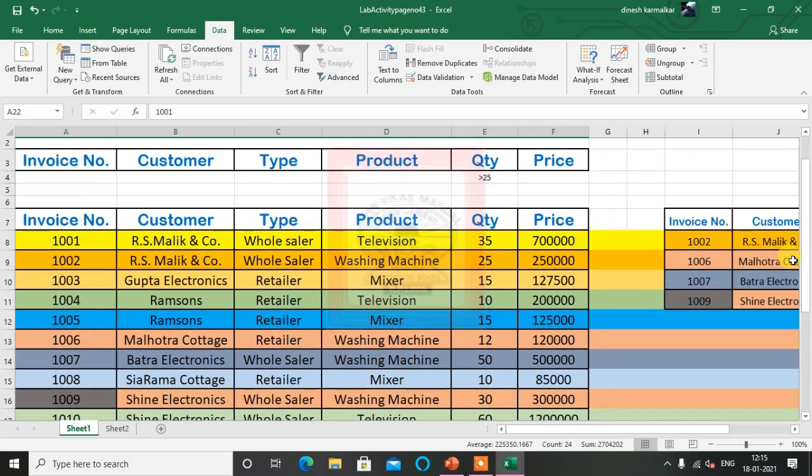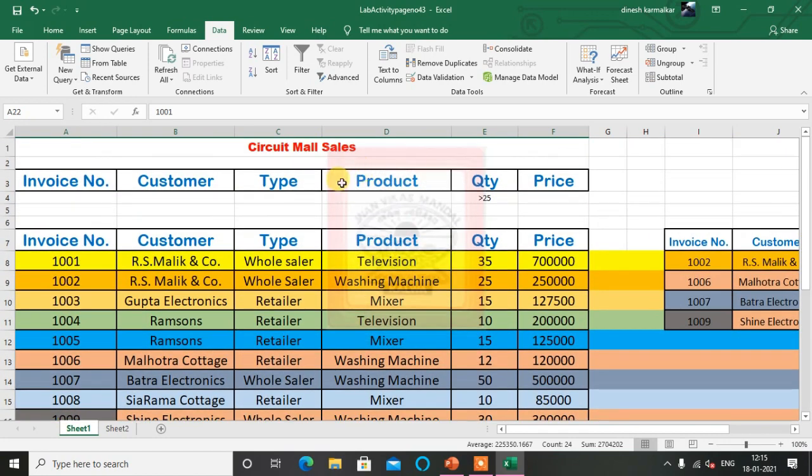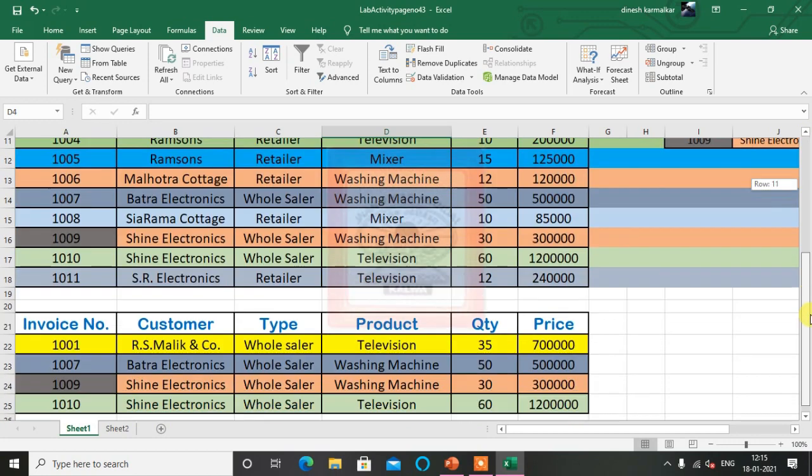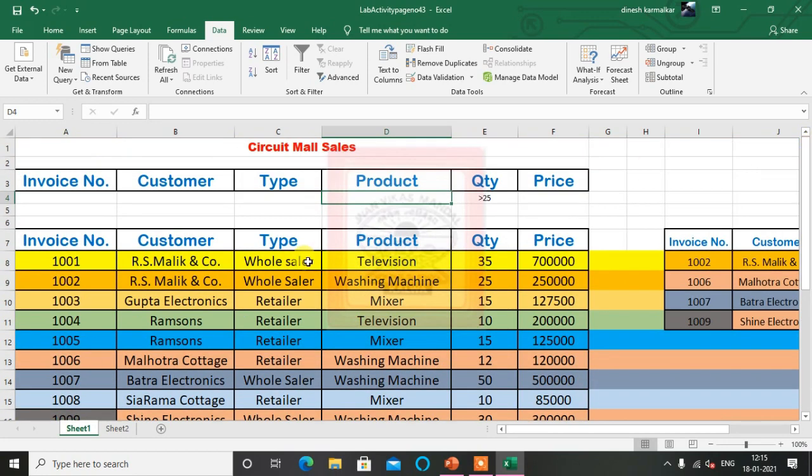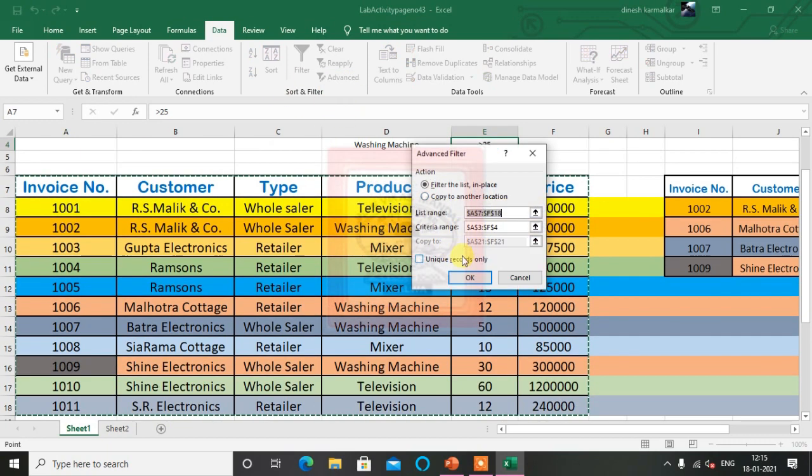So this way, based on quantity, we can also give multiple criteria. Or, from this, let's say we are seeing two types of products from washing machine only. What I will do now is washing machine whose quantity is greater than 25.